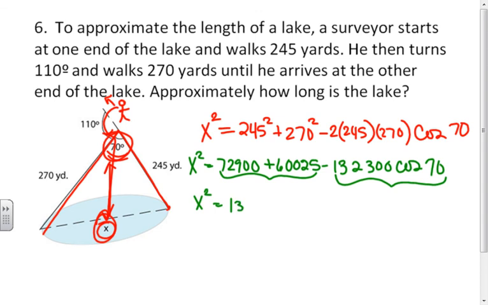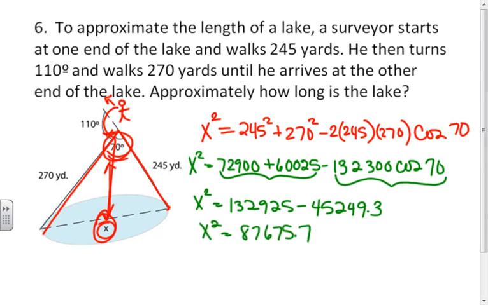So I have 13,925 minus 45,249.3. x squared is 87,675.7. Take the square root, and x is